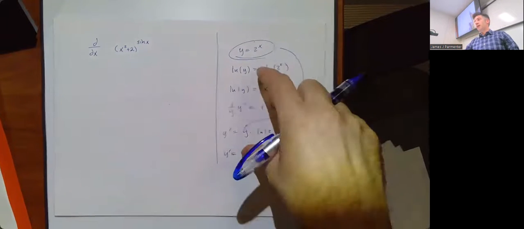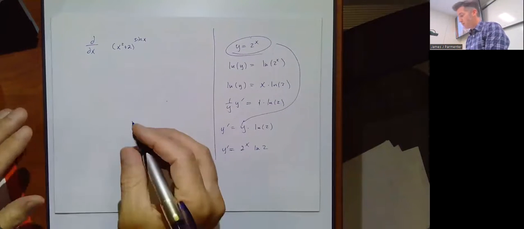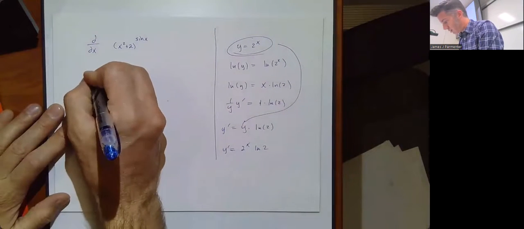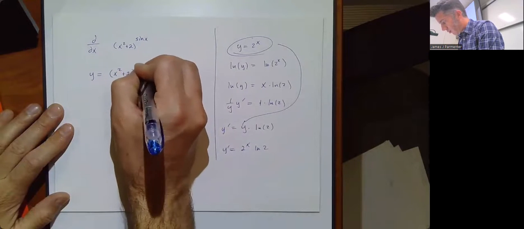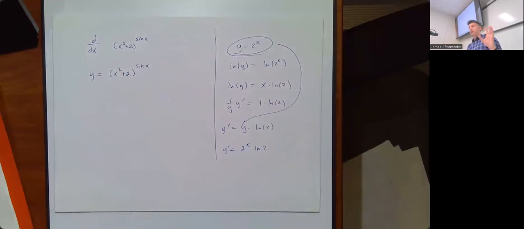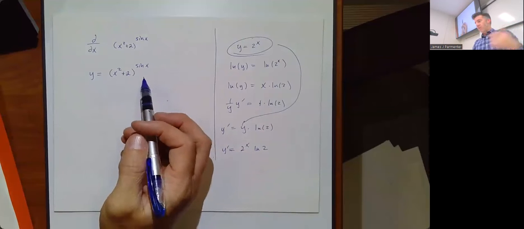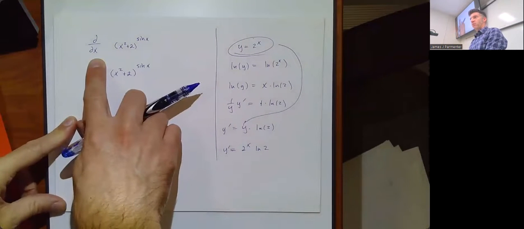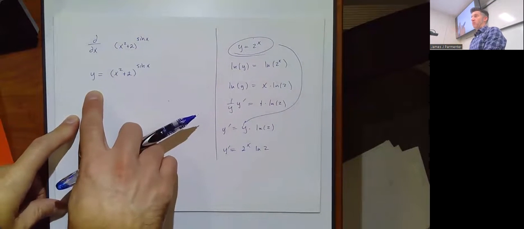So we're going to use the same process for doing something like this, but the problem is it's more complicated now. So check this out. Whenever you see an expression like this where your base and your exponent both have variables in them, you need to, hopefully they'll have been not cruel and have given it to you as y equals something. If they just wrote it like this, it's kind of a jerk move, because they're obfuscating the fact that you need to write it like this to be able to deal with it.